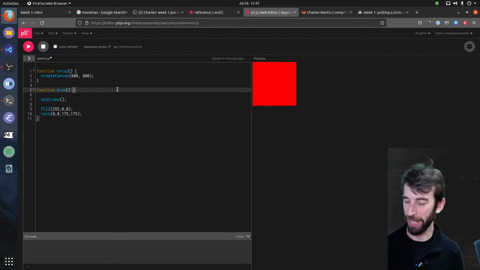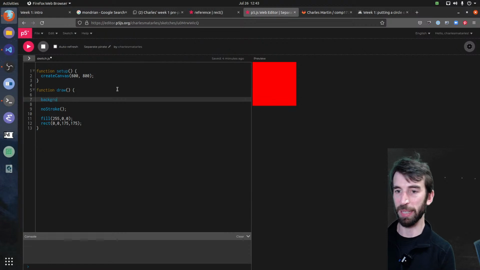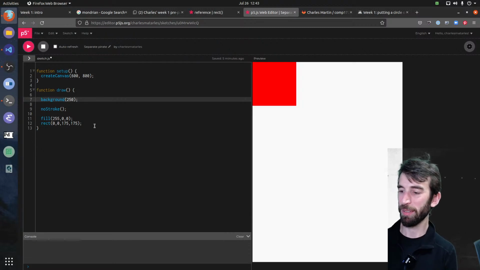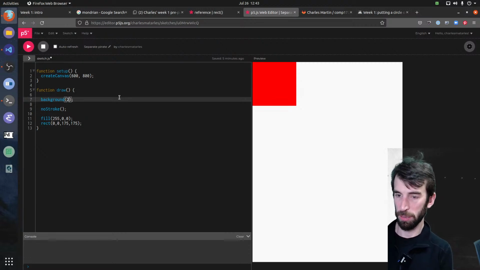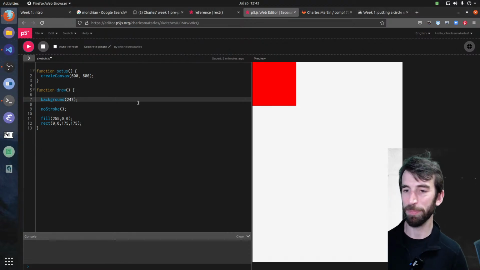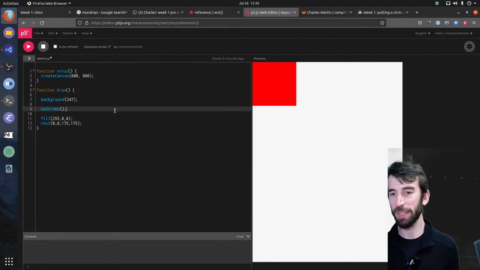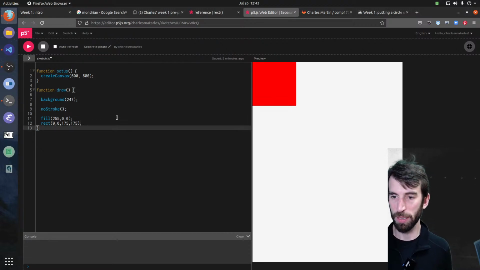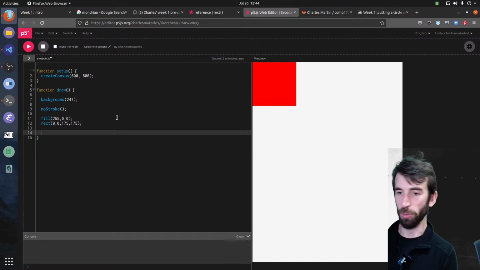There's my square, and I really want a white background, so I'm going to make that background 255. We'll make it white, or maybe a little bit gray, so it's a slightly paintish kind of color. Yeah, that's pretty good. And then I might get a blue rectangle.